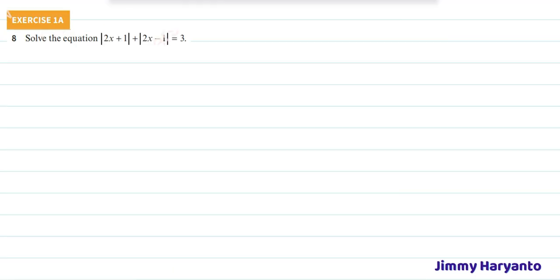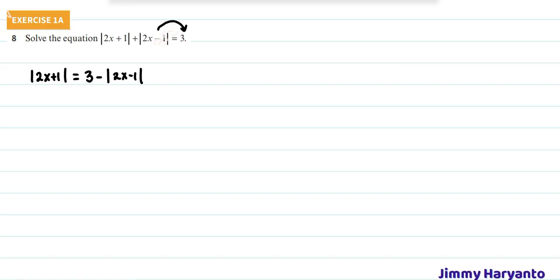Next is question 8. For question 8, we have two modulus functions right here and another constant. That means this is the last type of equations. For the last type of equations, you have to make the left hand side contain only one modulus function. So you have to move this modulus function to the right hand side. You'll have 3 minus absolute value of 2x minus 1 like this, and then you will have to split them